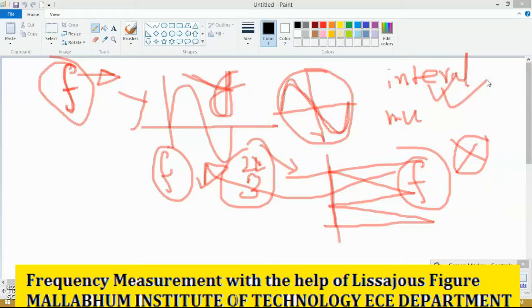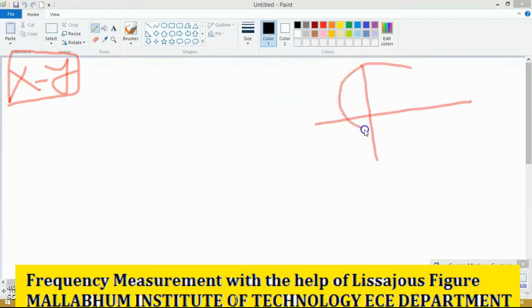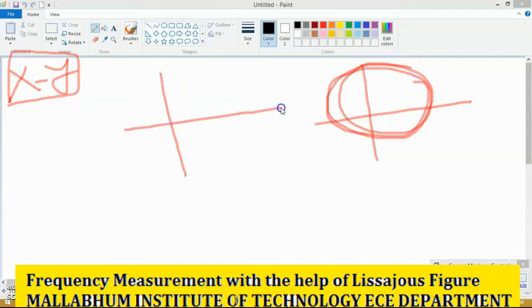Next, in the case of phase measurement, we apply the same theory. In phase measurement, we operate the CRO in the XY mode. There is a button on the CRO for the XY mode. Now what is the meaning of this XY mode? In the XY mode, we do not get the actual waveform that we applied to the Y plate, as in normal operation; rather, we get a figure. That figure is called the Lissajous pattern or the Lissajous figure.